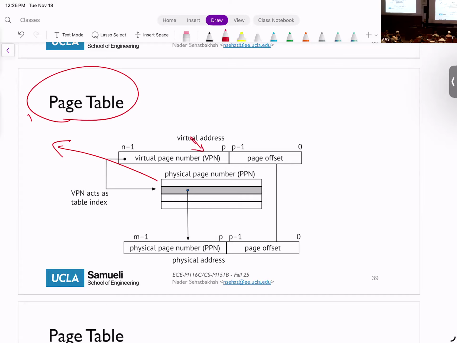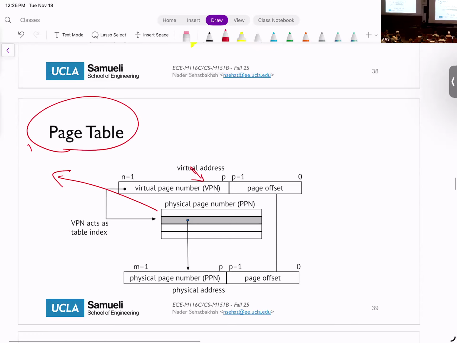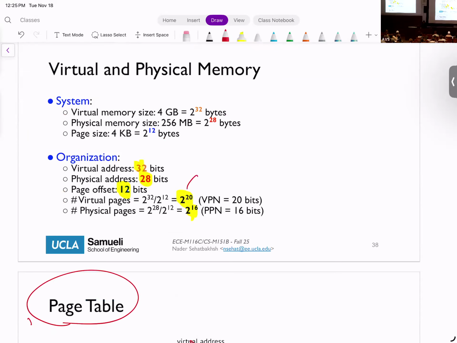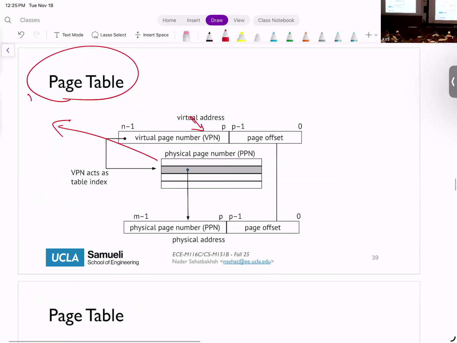So if I have, for example, 2 to the power of 20, there are 2 to the power of 20 different entries within this table that you can address with the VPN. If the VPN is 0000 all the way to 20 bits of 0, you address the first one. If it's 10000 all the way to 20 bits, it's the second one, and so on and so forth. So the VPN indexes into this table.